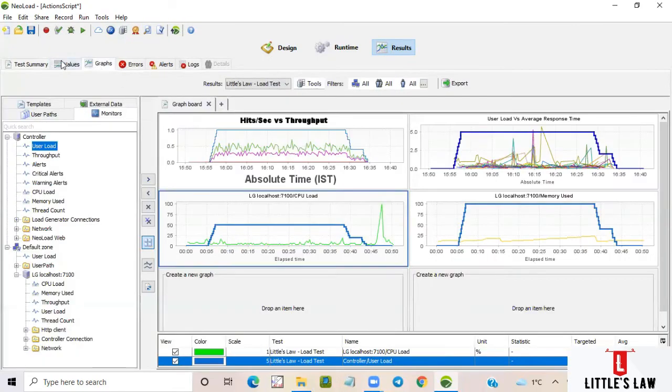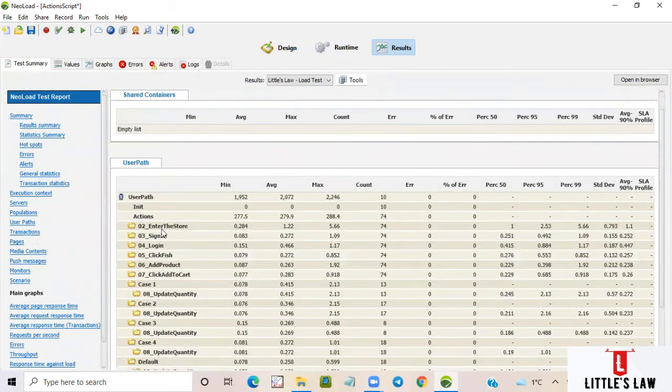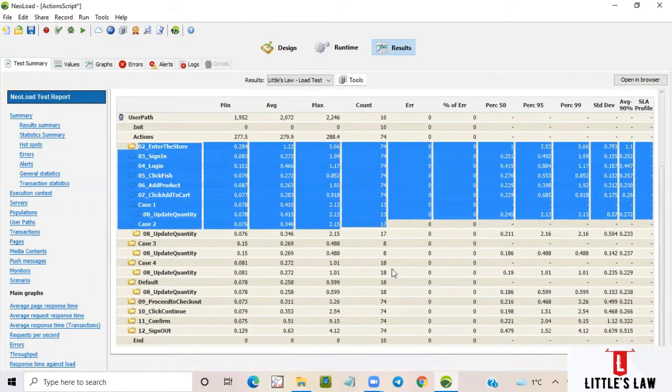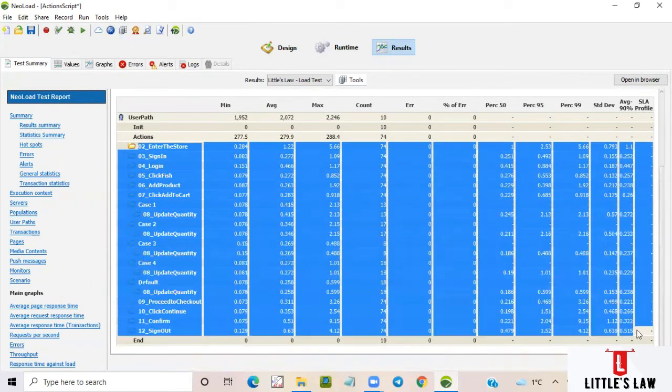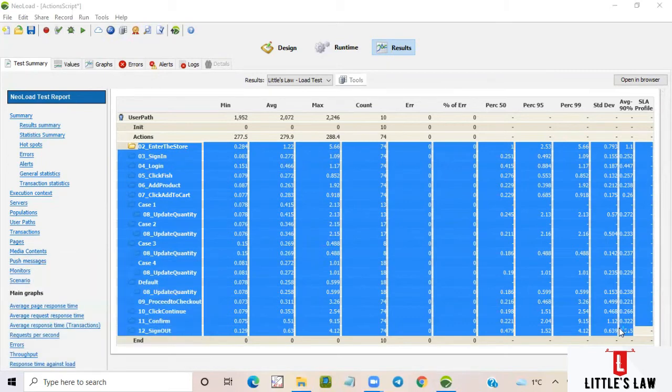So this is a quick summary, and let me just show you how to take this response time. Let's now go to this transactions part again. And here we have this response time. Let me just copy paste it. So we have taken all these response times. Let me copy it. So now I'm opening the Excel, so that it will be easy for us to consolidate the results.